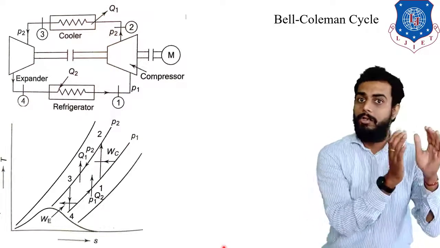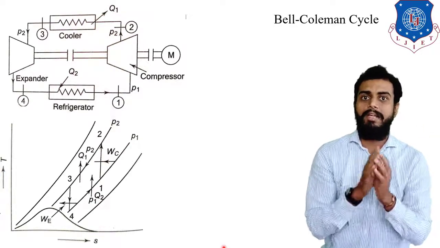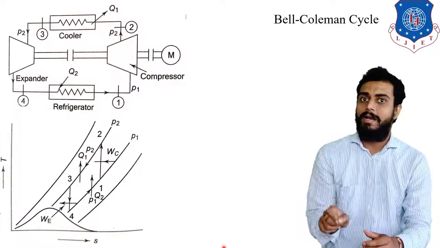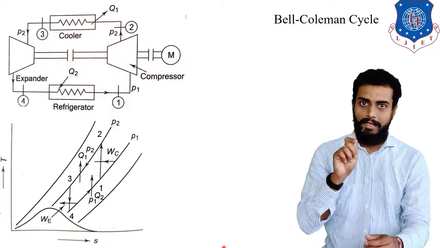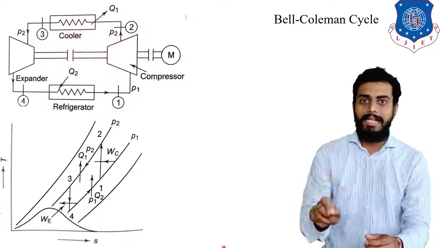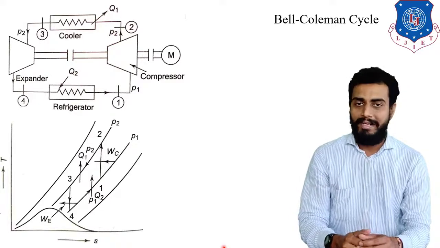Okay, so that much compressor work we will have to supply externally. So that is advantageous over here. So this expansion is again reversible adiabatic or isentropic, right? You can observe that it is isentropic, that is why it is drawn by a straight vertical line 3 to 4, right?